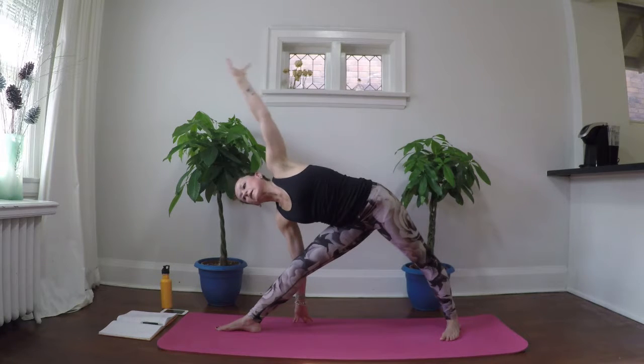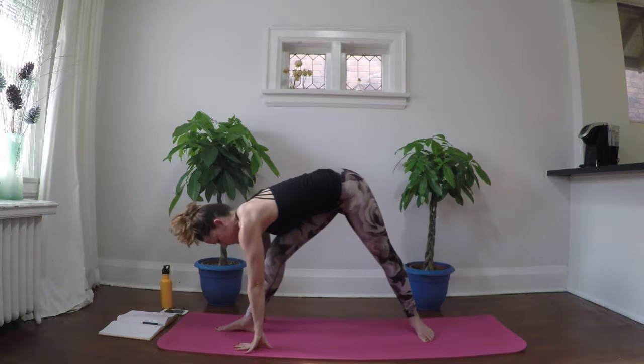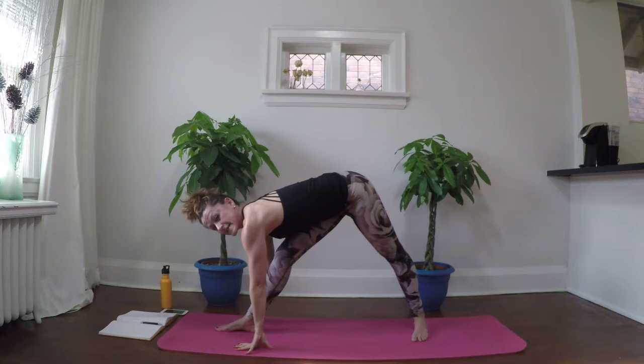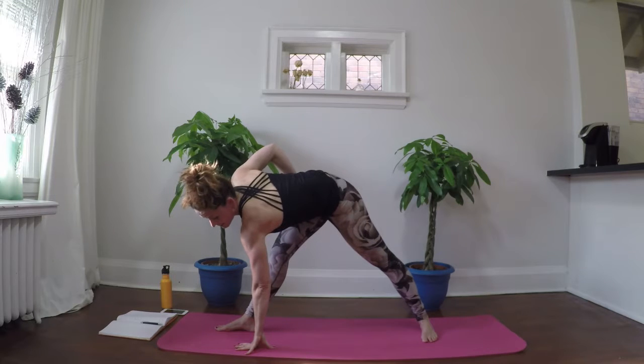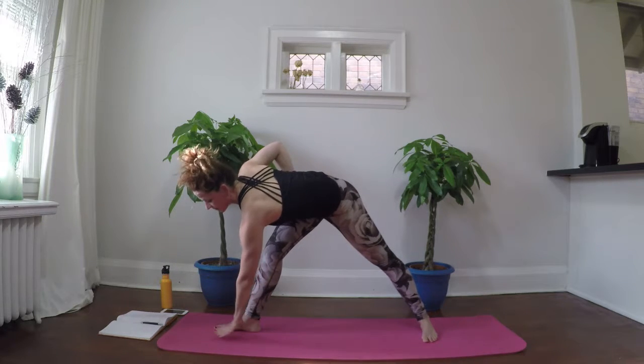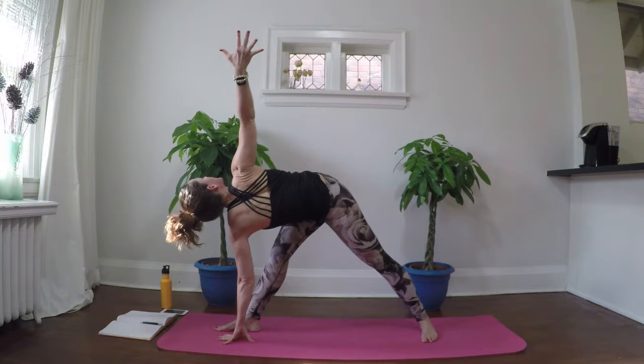And as we exhale, we're gonna bring the top hand down. You might need to adjust the legs now. We're gonna take it into a reverse triangle. You might need to step that back foot in a bit closer if the hips are very tight. So the left hand now is gonna stay on the ground and your right arm is gonna open up in